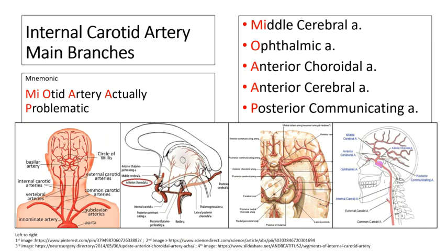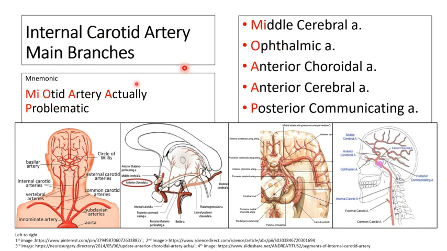So there are 5 main branches, which I have mentioned on the right hand side, and the mnemonic is on the left hand side, which is "MOAAP"... I mean, "my carotid artery, actually problematic." So you can see the name of the artery is already given within the mnemonic. When you say "my carotid artery, actually problematic," I represents internal, carotid represents carotid, and then artery represents artery. So my is middle, carotid is